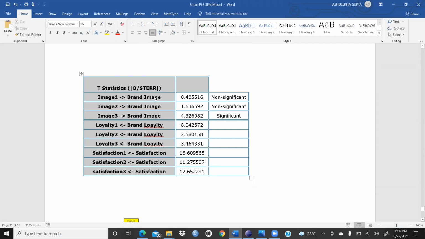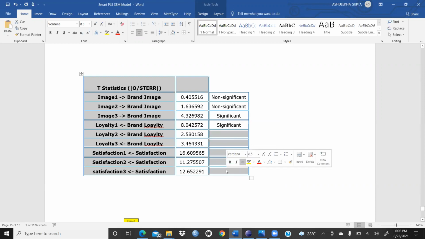Image 1 to brand image, 0.4055, is non-significant. Image 2 to brand image, 1.63, is non-significant. But this one is significant because its t value is greater than 1.96. In this case, we can say this is the reflective model. So this is significant, and all of these are significant,